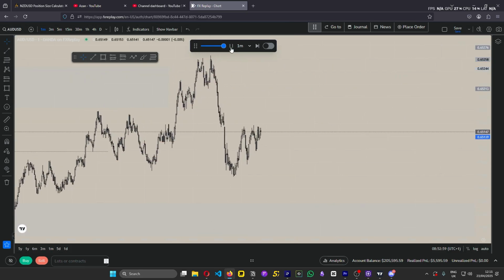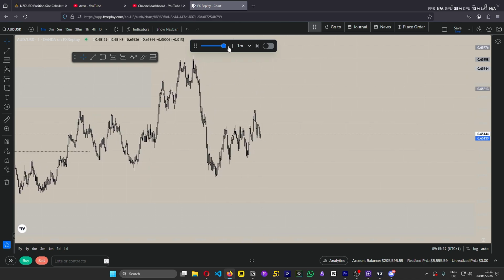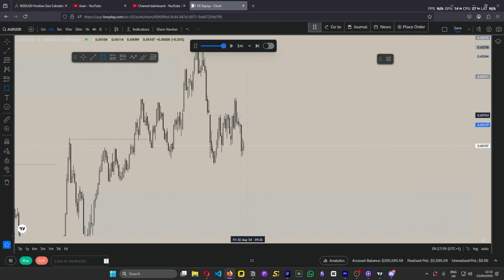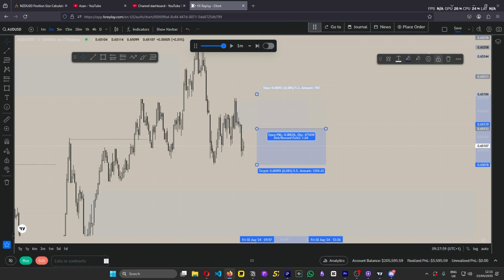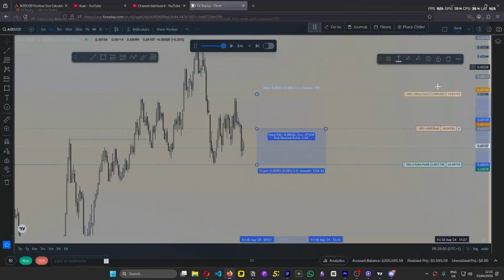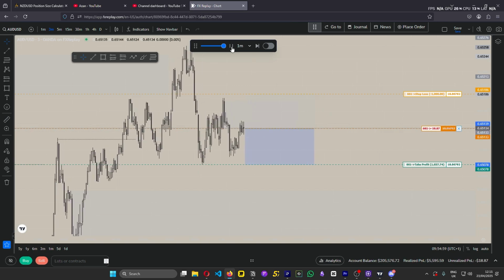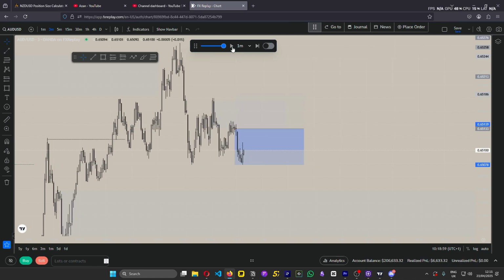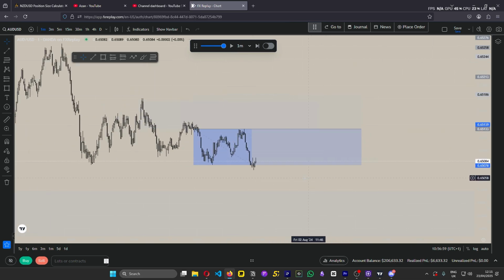So let's see if we can get, I mean, this does not look good. We're going to be waiting for a proper shift. So we just got a shift now. Do we have a POI? We've got this little POI that we can use. We'll use this big one. And then we're targeting. Alright, the RR is absolutely horrible, but I'll take it either way. I don't mind. So we get mitigation, and then, come on. I mean, it hit TP, but I wanted it. Okay, that's better. That's what I said.